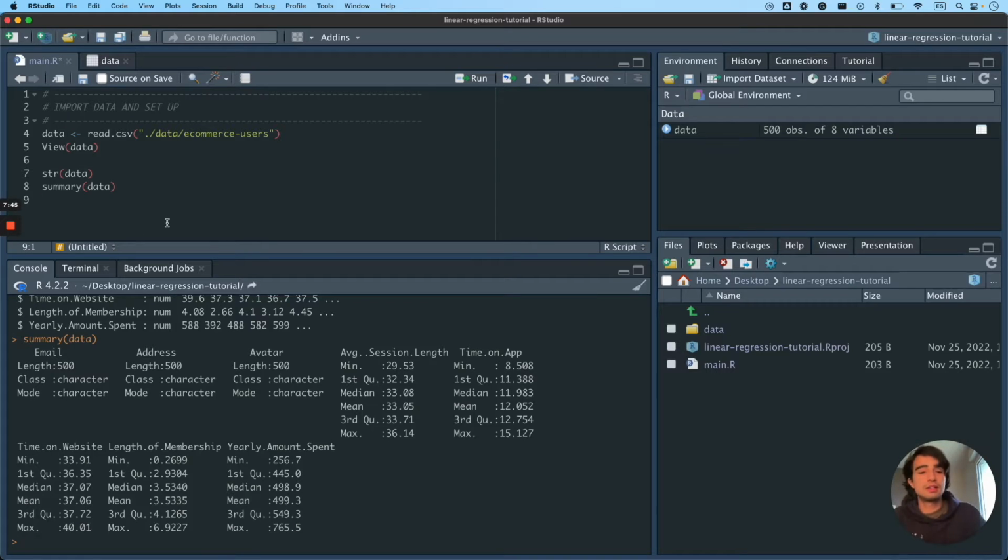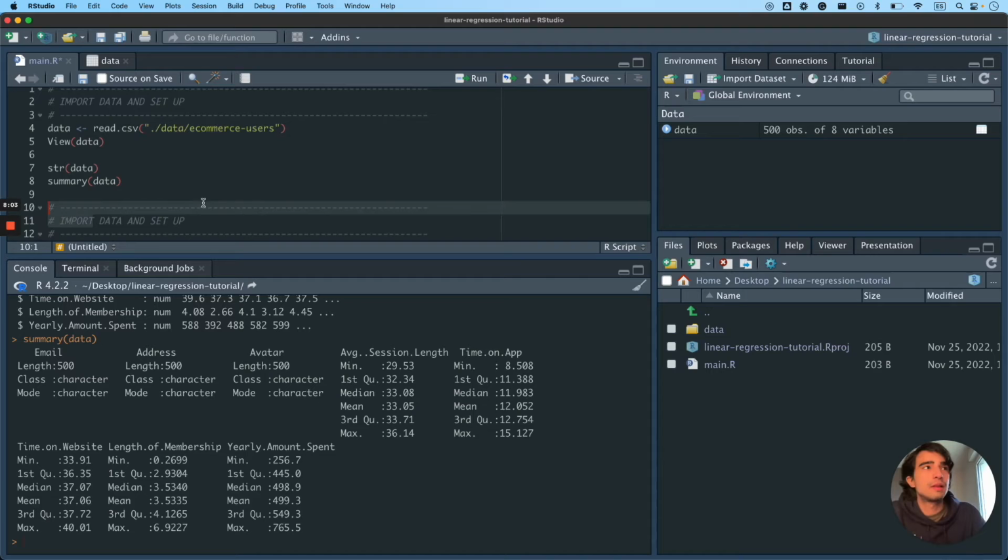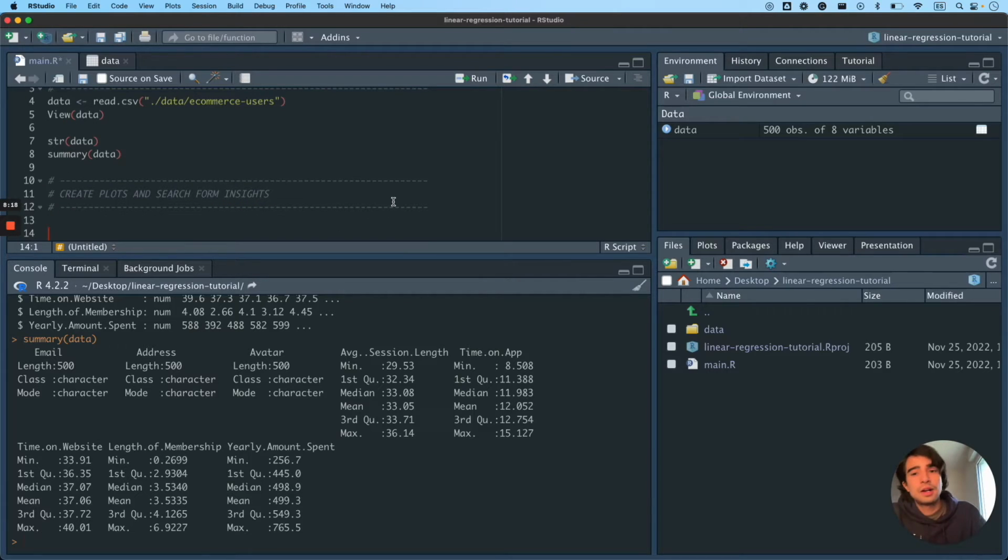So there you go. Now that we have a little bit more of an idea of how our data looks, now we can actually start plotting the data to try to see correlations, just to try to get a feel of how it's correlated and represented, etc. Okay, so we're going to add a new section that's called Create Plots and search for insights. How about that? All right, so for the plots, we are going to be using the basic R plotting system,